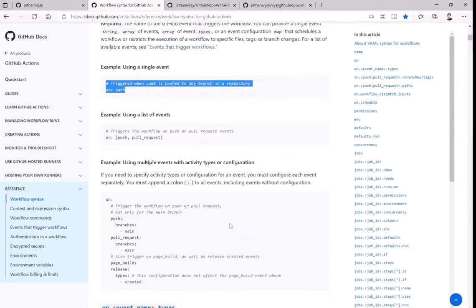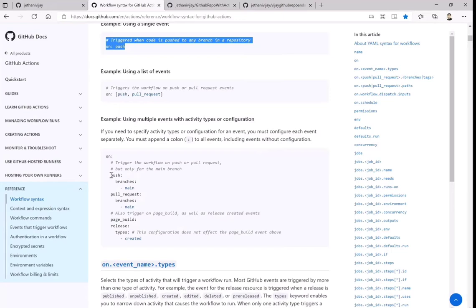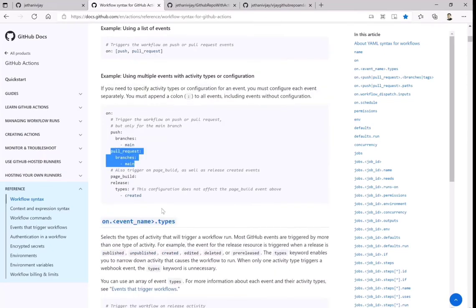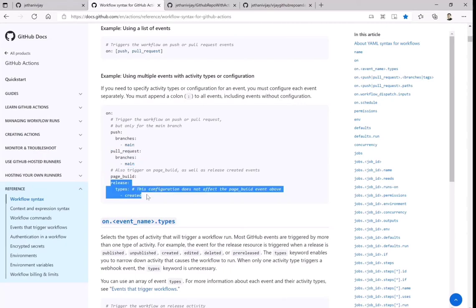Okay, now there's still more to that, but ideally I would be making a number of changes, so it should not run on any particular change. I should be very specific about which branch it should run against, and what exactly the commit should look like. If we want that kind of conditional statement, you will have on push specific branches, on pull request again specific branches, and if you have a particular release version, you can also have that as part of the release being created.